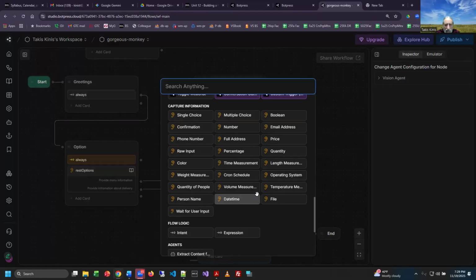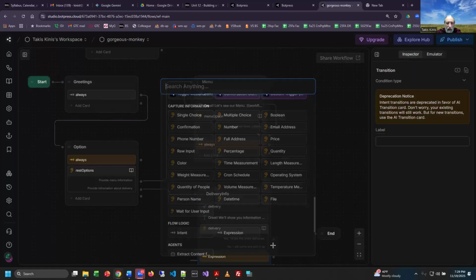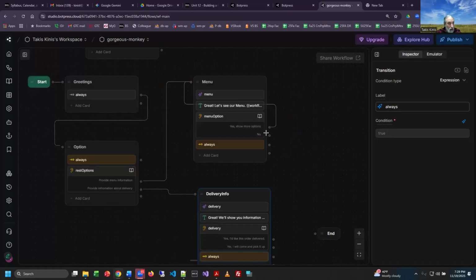And now that I know what area to find it in, I think I'm looking right at expression always. Okay. Condition true. All right. So with yes,